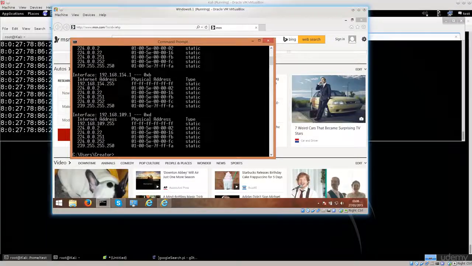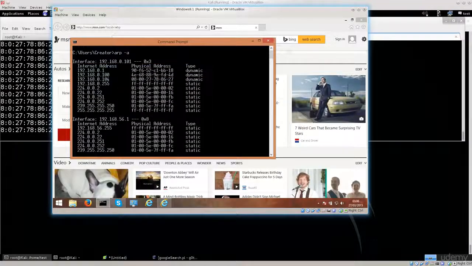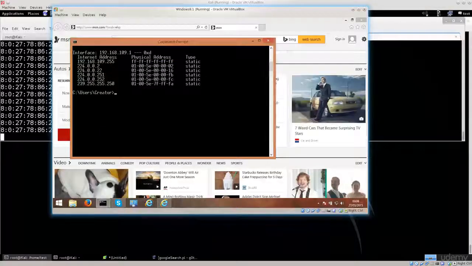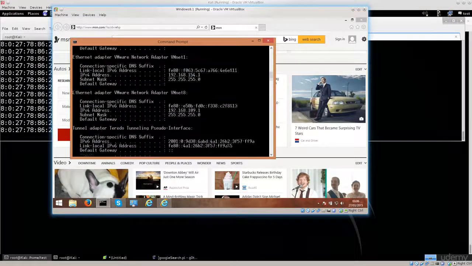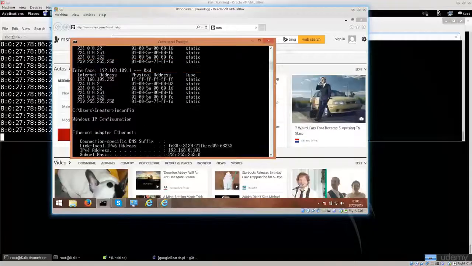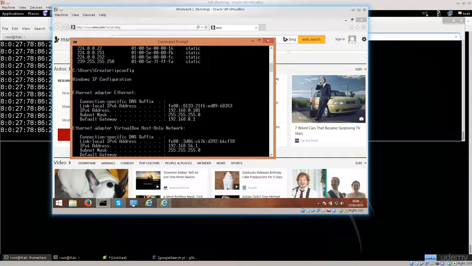Okay, so this is one interface, another. We're not interested in those. We are interested in this one. How do I know that I'm interested in this one? Well, you type in ipconfig, and you have the names of the adapters here. So Ethernet adapter VirtualBox, so Stoneleigh network, not that. I need Ethernet adapter Ethernet, and that's gonna be